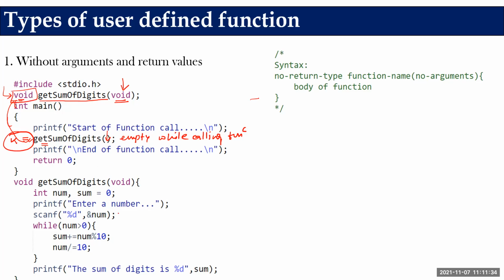So what will it simply do? It will give us the same program and same result that we discussed in the last part, the sum of the digits. But here, if you do not want to give any input to the function, and it needs some number, only then can it give the sum of digits. So the input should be taken care of inside the function. It totally depends on our requirement: do we need to pass the argument from the calling function or not? If you don't need to pass any argument, you should take care of the input within the function. So now the input is taken care of inside the function.